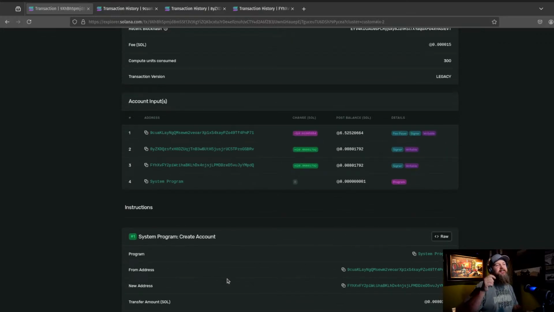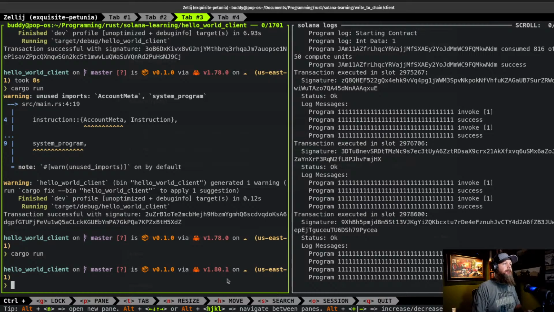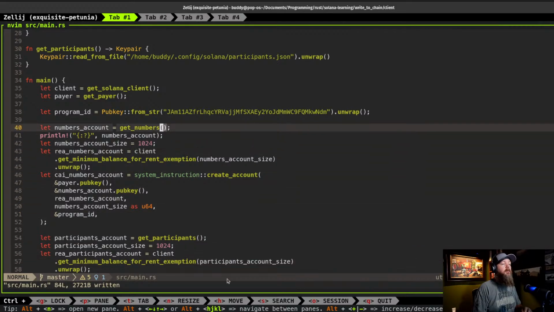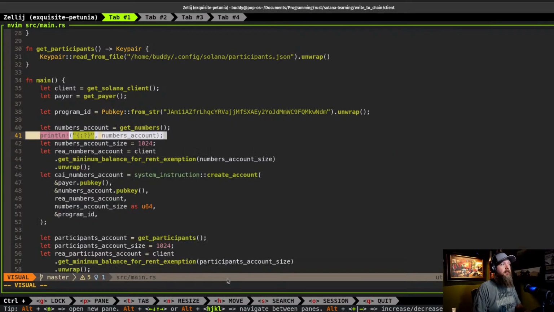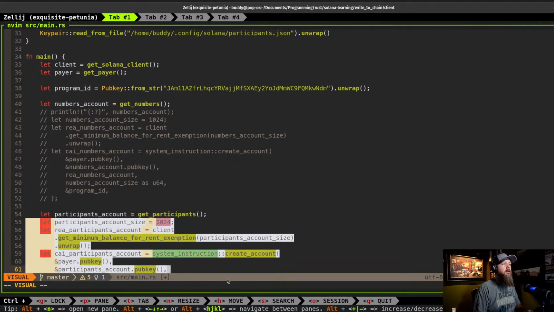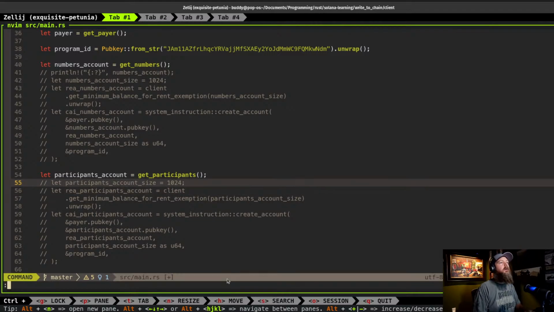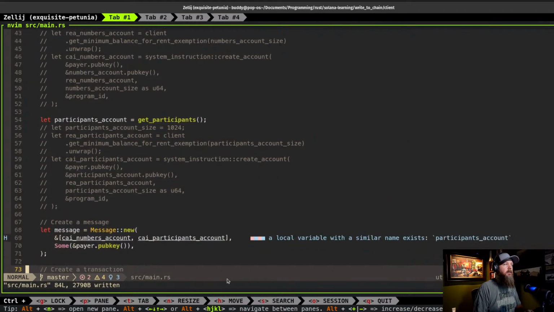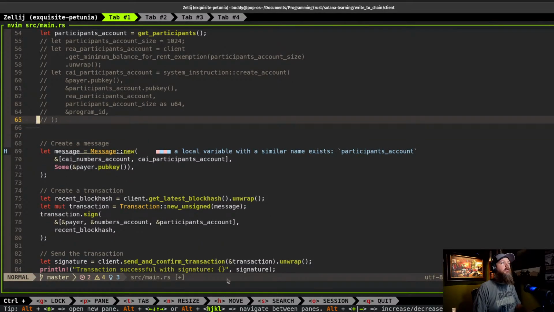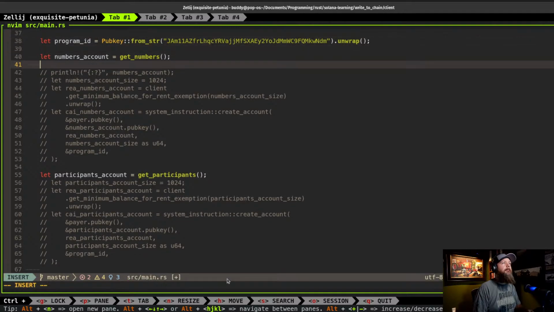I know what to do. All right, let's give this a shot. So now what we want to do, we're no longer going to be creating. So let's do this. There we go. So now we're getting those accounts. So now what we want to do is, let's send